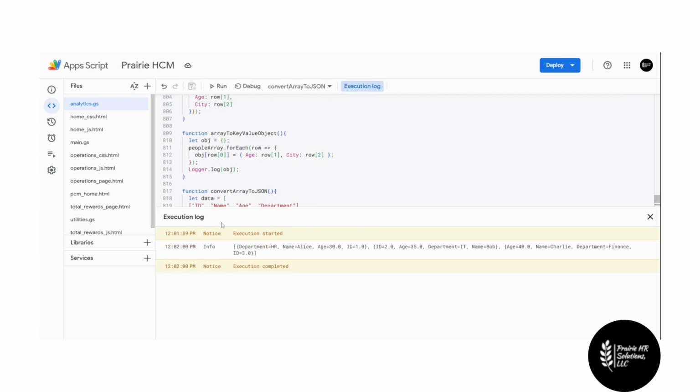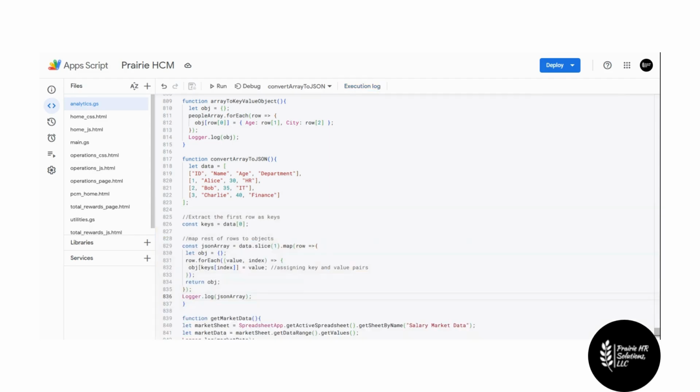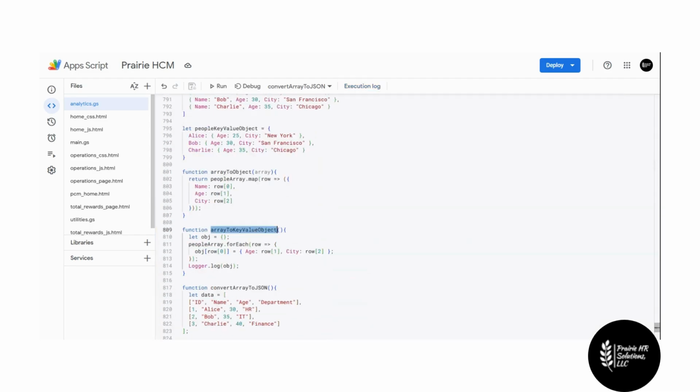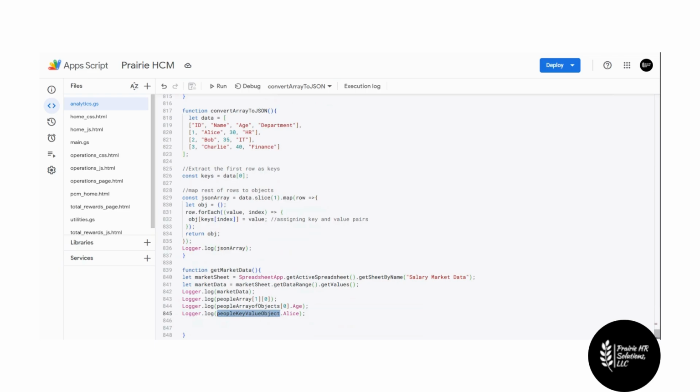So now let's save this and then run this convert array to JSON. Then after this, you'll have multiple ways of everything it is that you need. And as you see, there it is. So we essentially mapped using our headers. ID is 1. Our name is Alice. Our age is 30 and our department is HR. The same thing for Bob. Bob is IT, department IT. So now we can essentially access this the same exact way that we accessed this,